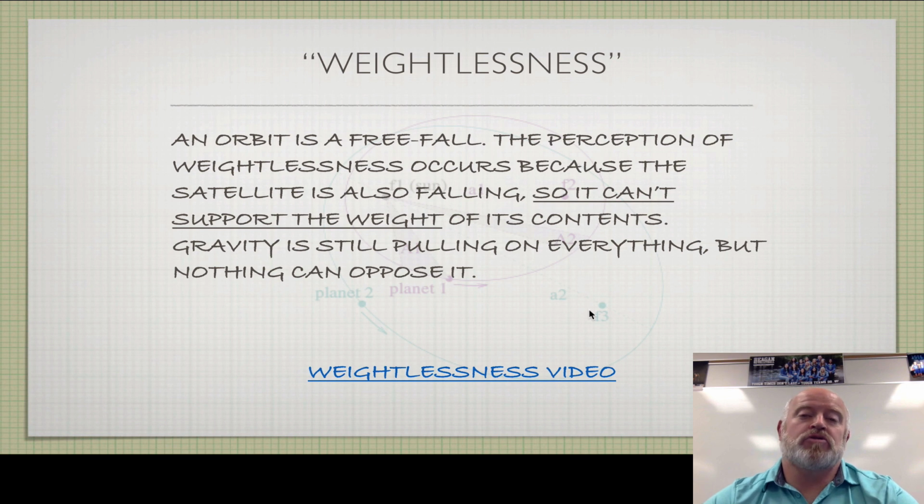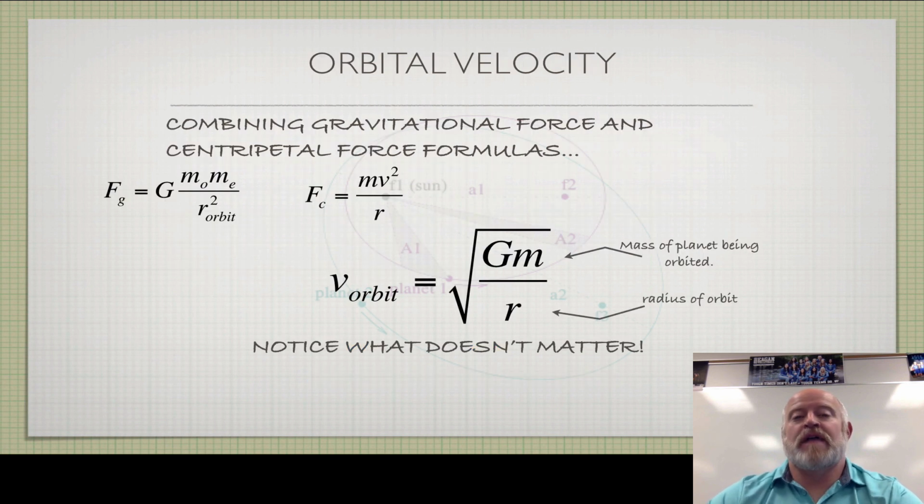or that speed. Okay, so being that the case, we should be able to calculate how fast we have to move so that we don't hit our planet if we are in orbit. That speed is called our orbital velocity. All right, so if we combine our gravitational equation with a previous equation, centripetal force, and we say that these forces are the same, because gravity pulls us inwards and centripetal force is force that pulls us inwards, we set these two equations equal to each other.